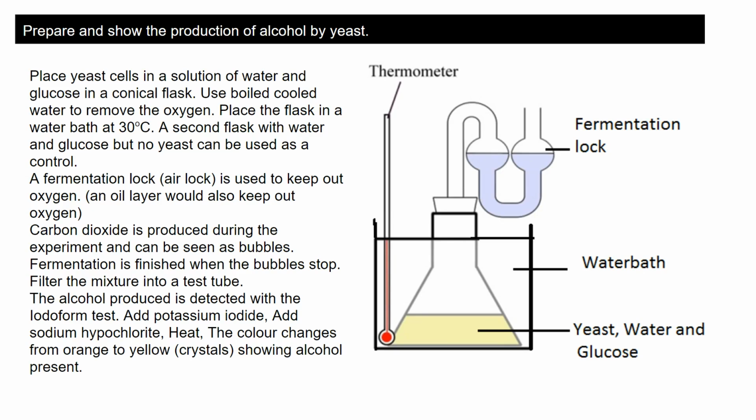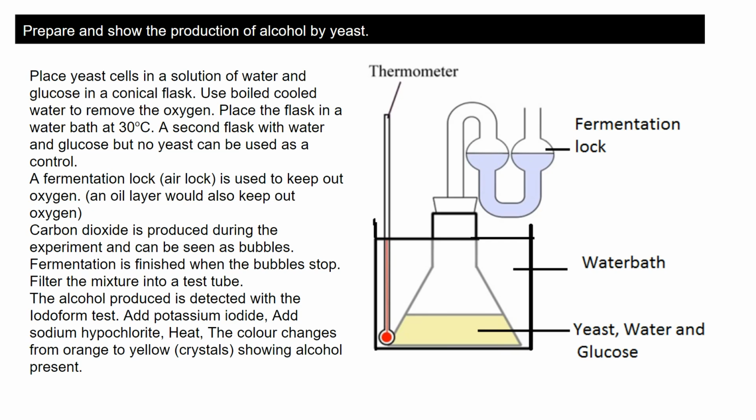So this is a practical or a mandatory experiment we have to do, is to prepare and show the production of alcohol by yeast. So there's two parts to this practical. First of all is preparing alcohol and then show its production at the end. So when preparing the alcohol, we're going to use yeast and glucose. Glucose provides the food for the yeast. We use boiled, cooled,